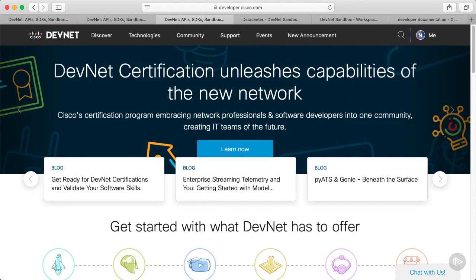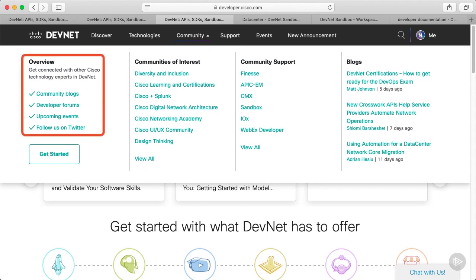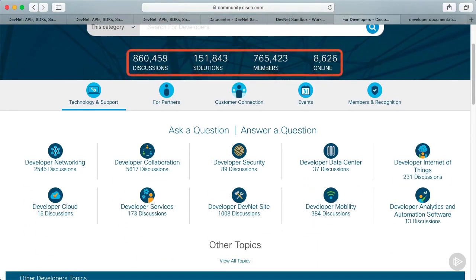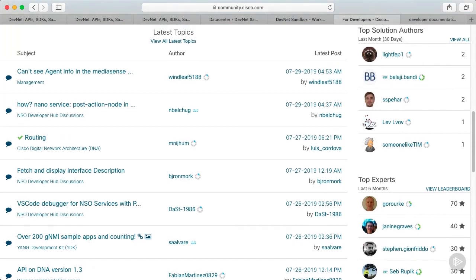Next, let's check out community support options. This includes everything from technology-specific support to general blogs to forums. Let's go to the forums. As you can see, there are a ton of discussions happening right now across many technology areas. We could drill into these different areas, but I'll just scroll down to show some of the recent topics. I don't think I need to explain how an internet forum works, so I won't babble on needlessly. You should utilize these forums for any questions you have. Let's go back to the homepage.